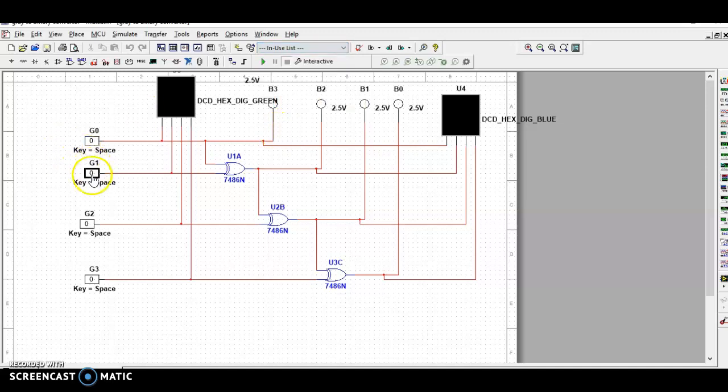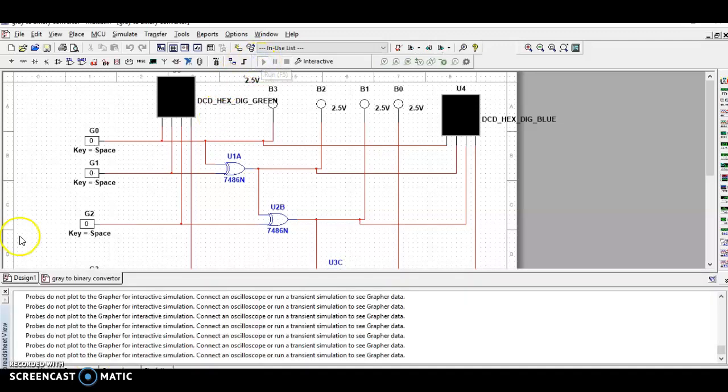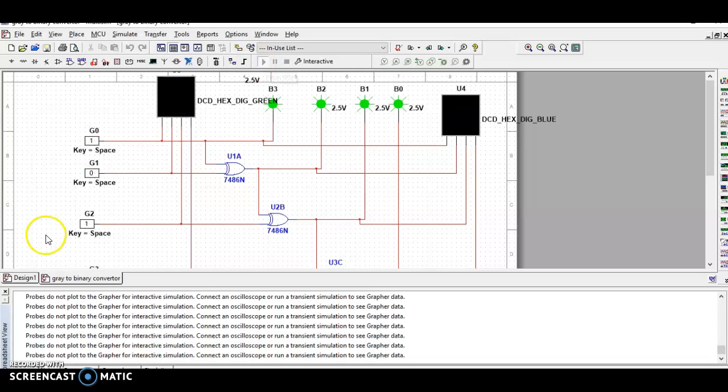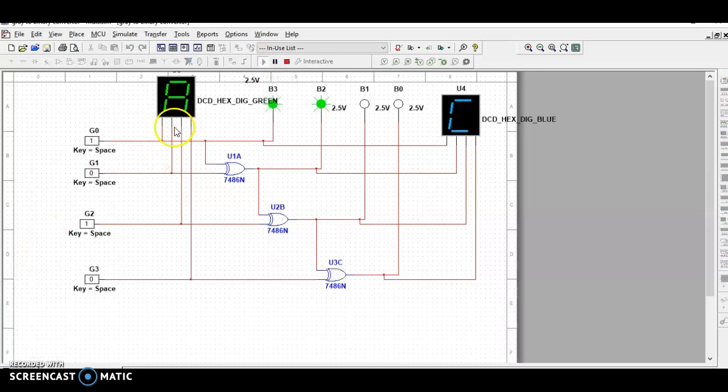Now we are going to give the input values. I give 0 as the input value. We got the output value as 0. Suppose I am giving an input value of 8, the output value is F, which is 15. It is in hexadecimal form. Suppose I am giving an input value of 10. A is 10, which is in hexadecimal form. We got the output as C. C means it is 12.